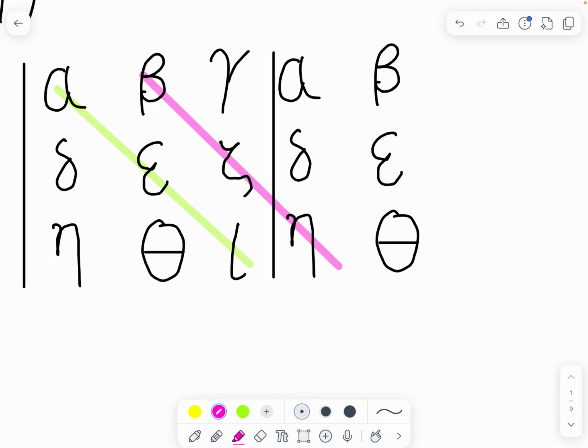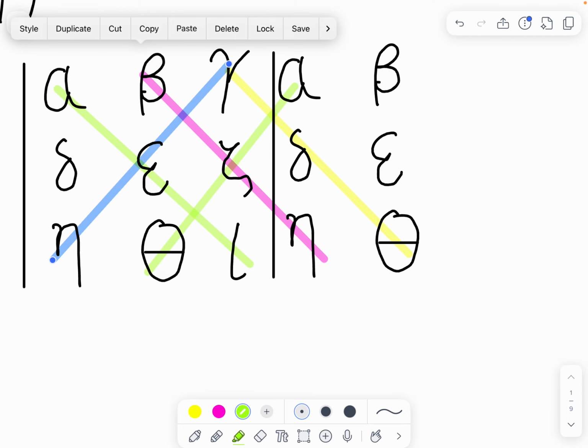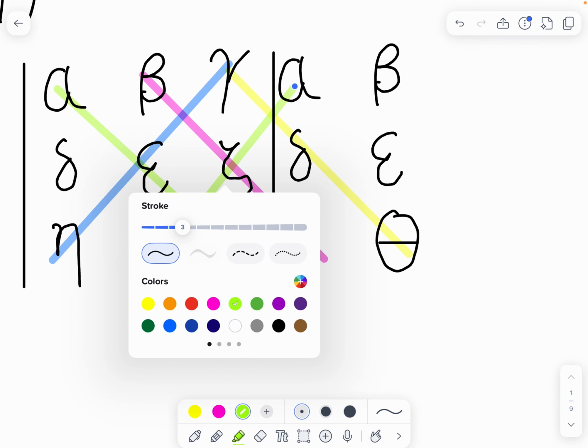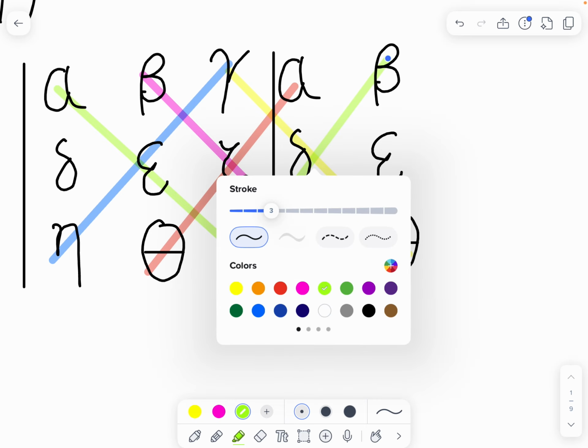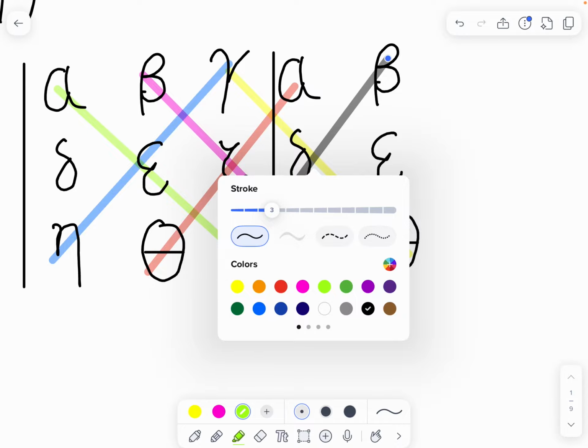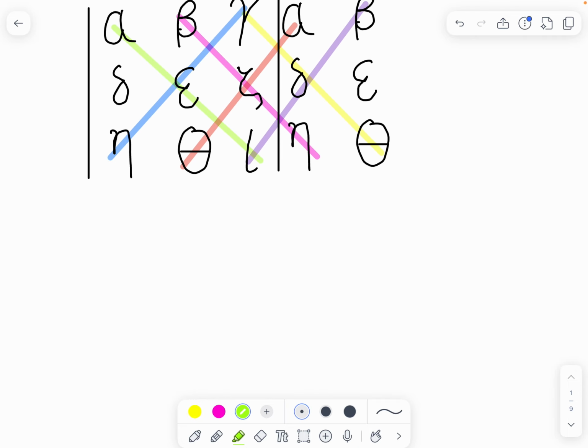I need to do all the colors. Okay, so now what these do is,